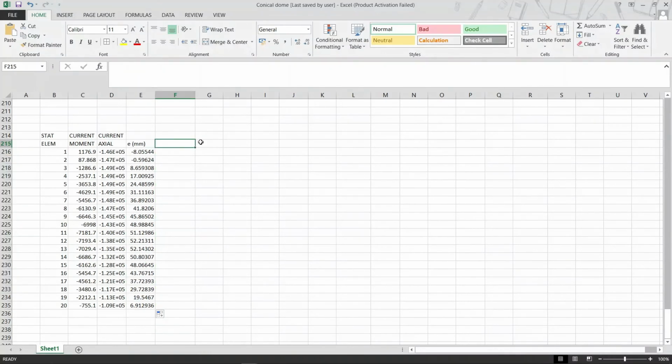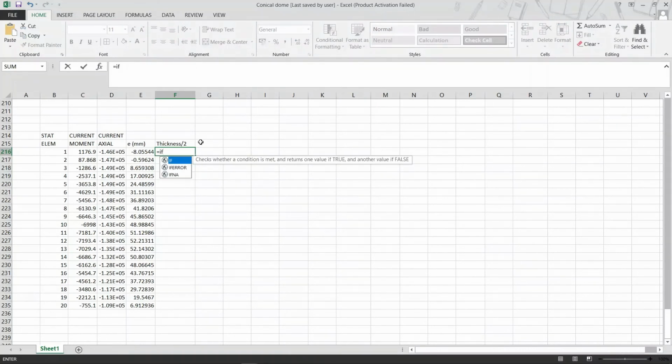I can even give it a check by using thickness upon 2. I can use a simple if statement. If E is smaller than 230, that is the thickness that we are going for, upon 2, we can say that the geometry is safe or it is unsafe.